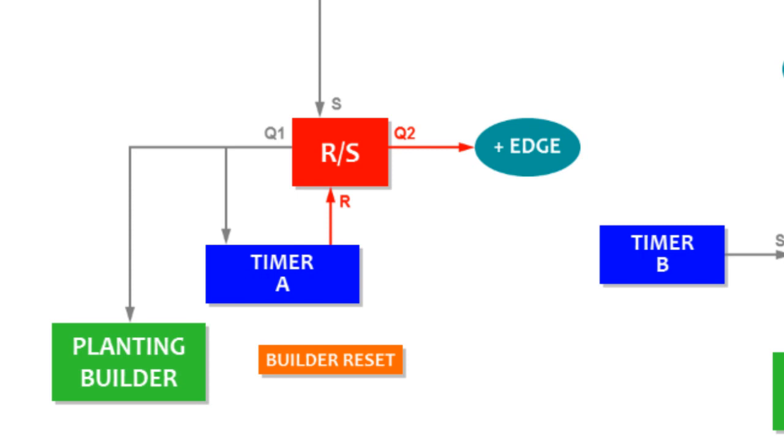And for our purposes, we're not going to go into too much detail in terms of what it really does, but basically for us, what it does is take a steady state signal and turn it into a pulse. So it'll send a redstone pulse to timer B, which is the growing timer, and the builder reset function, which we put in last episode to reset the builder.